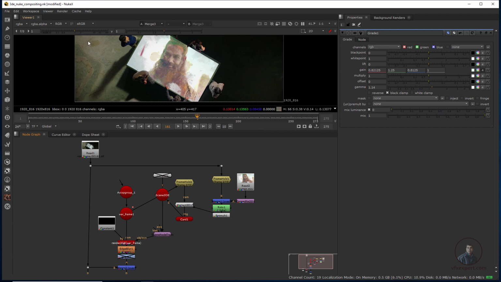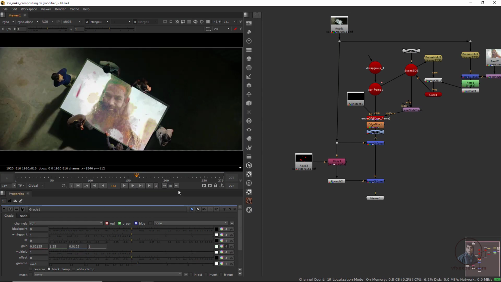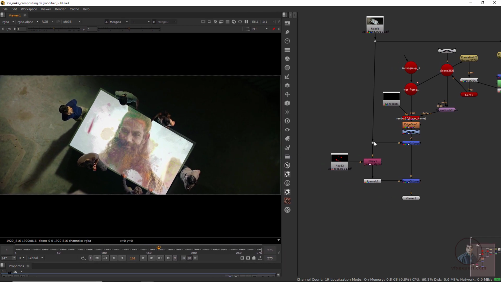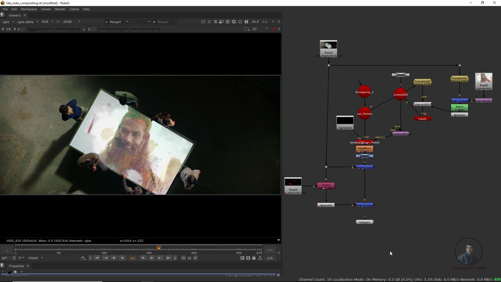Now I am going to switch our workspace. Click here, and press H. Now minimize a little bit here. From here you can easily see all your composite nodes, all these things. I think this is looking good. This is totally up to you how you organize your workflow or workspace.